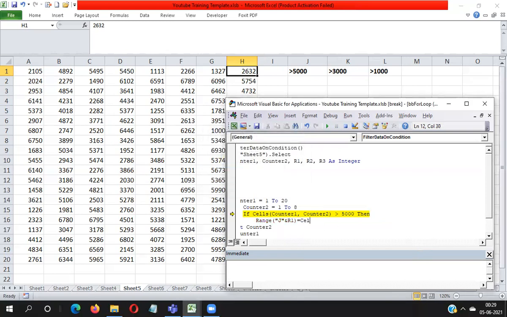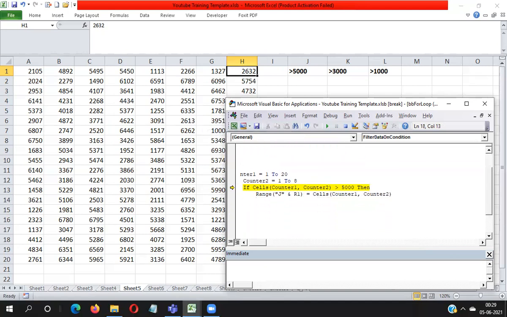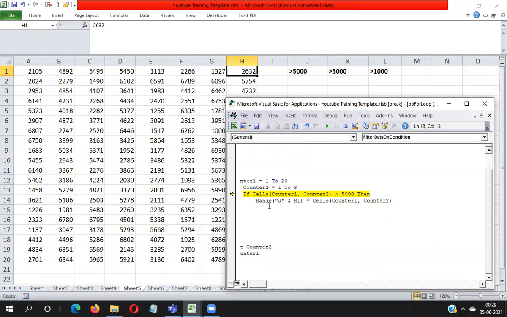So you need to write here cells(counter 1, counter 2). This cell value I will get into our J column.